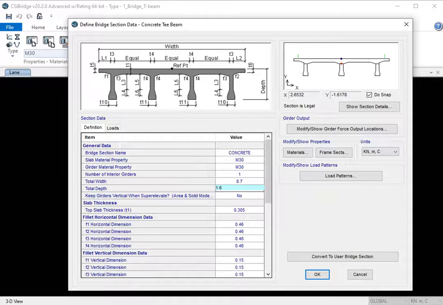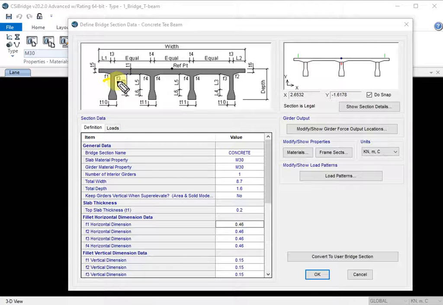Next, the fillet horizontal dimension data, F1, F2, F3, F4. Here is F1, this is F2, and this is F3. Exterior is F1, F2, and interior is F3.